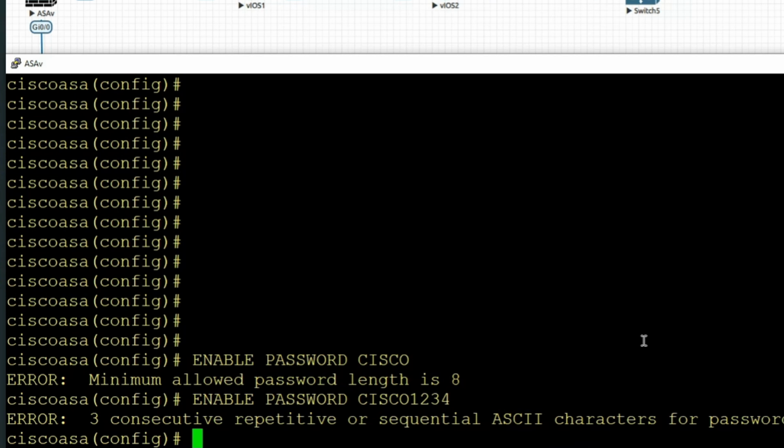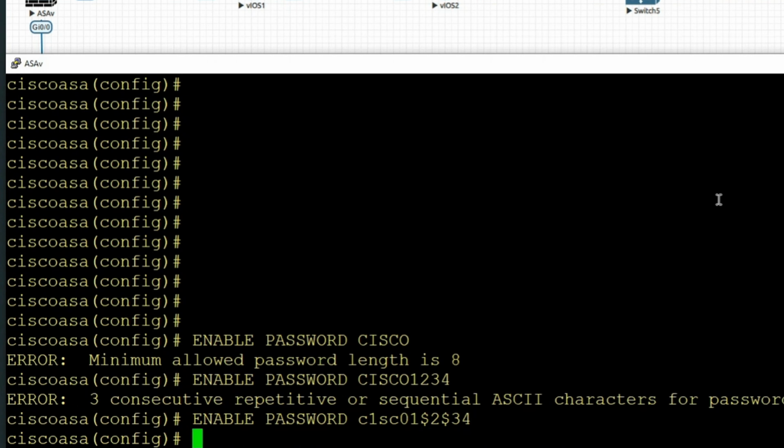That's why I got my little special password here. And I'm just going to copy it in here. I'll up arrow again, get rid of that, and then paste it. I'm going to put a little fancy password in there, and then hit enter, and you won't get that error.